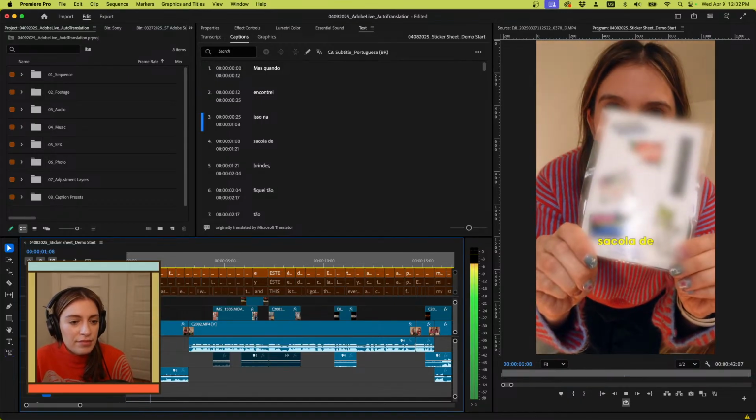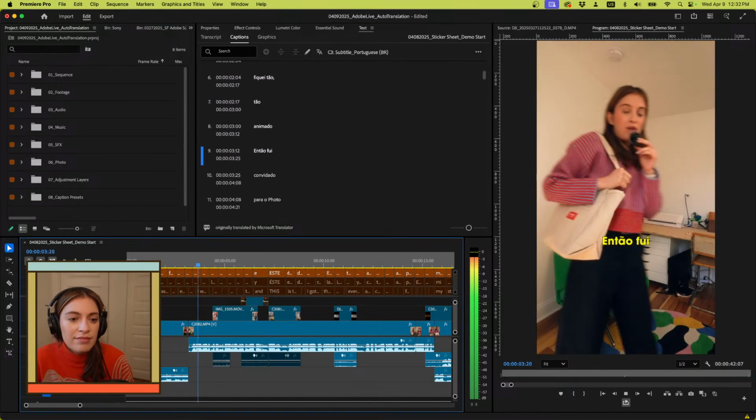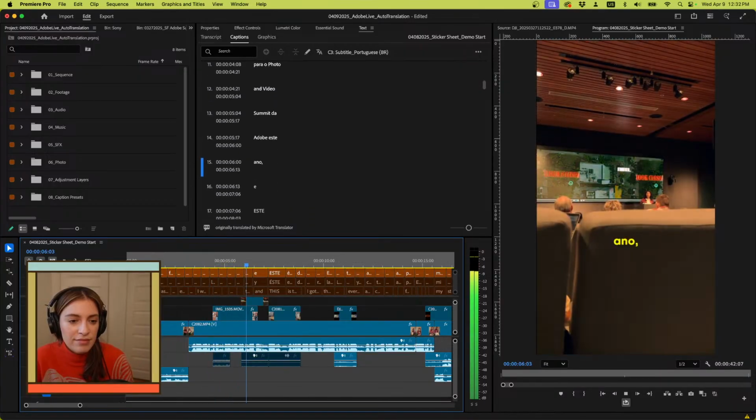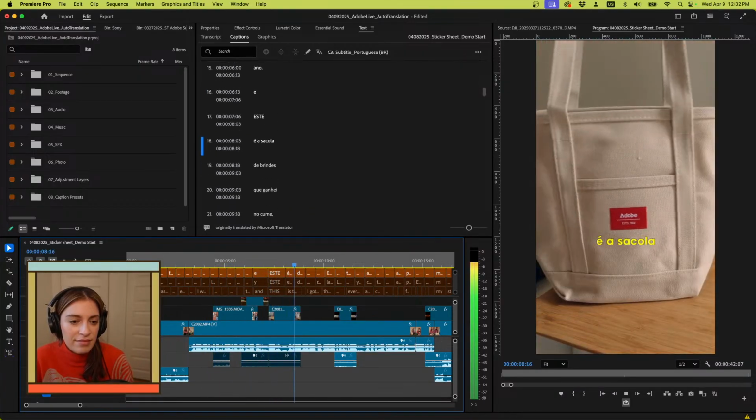But when I found this in the swag bag, I was so excited. So I was invited to Adobe's Photo and Video Summit this year, and this is the swag bag I got